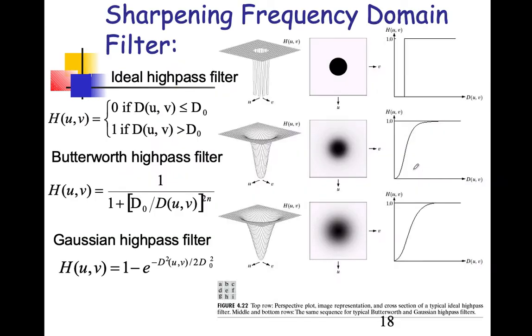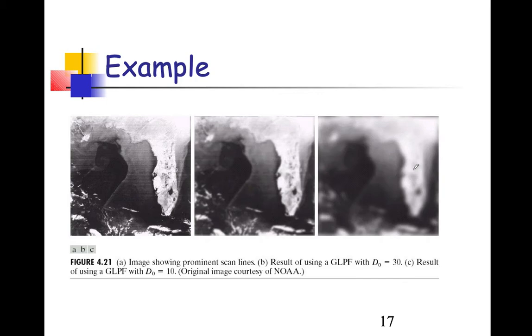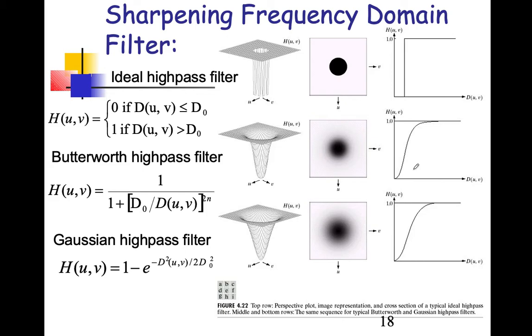Okay. So, till now we have dealt with the smoothing of a low pass ideal filter, Butterworth filter and a Gaussian filter. So, we move on to the sharpening frequency domain filters here. Sharpening frequency domain filters are once again classified into 3 types: ideal high pass filter, Butterworth high pass filter, Gaussian high pass filter. The same operation as explained there, but in reverse order, it passes the high frequency.